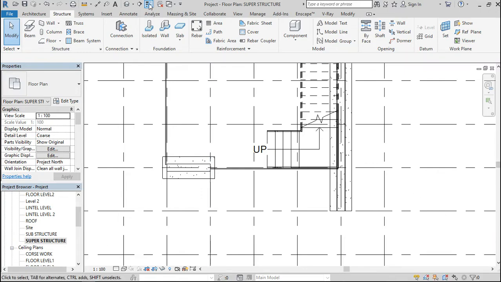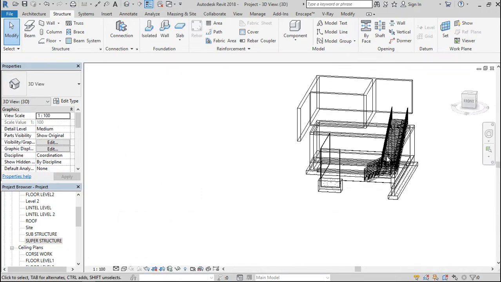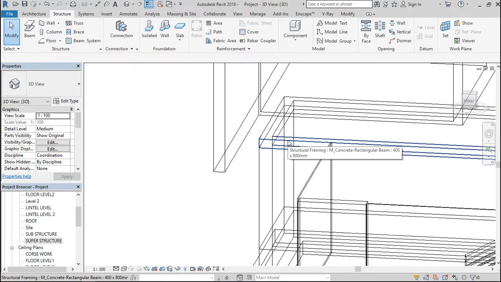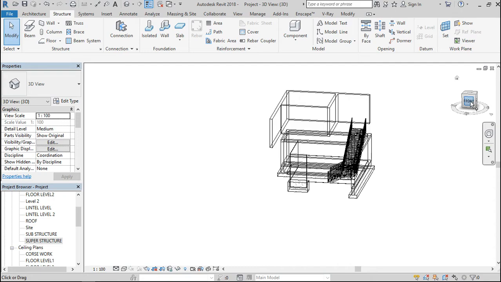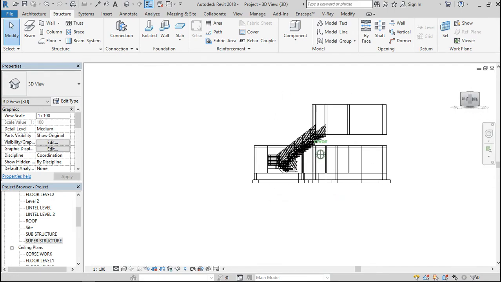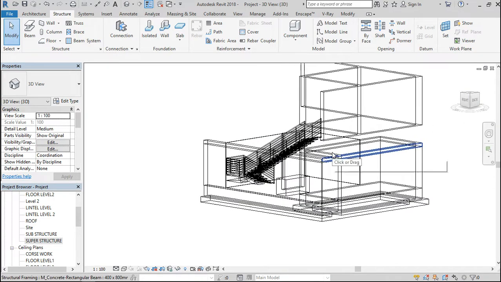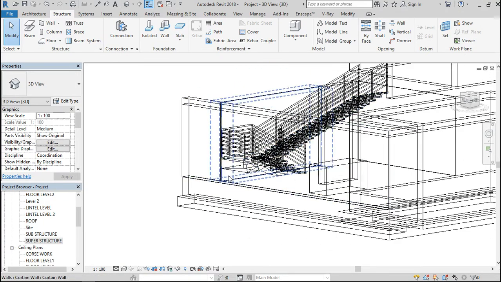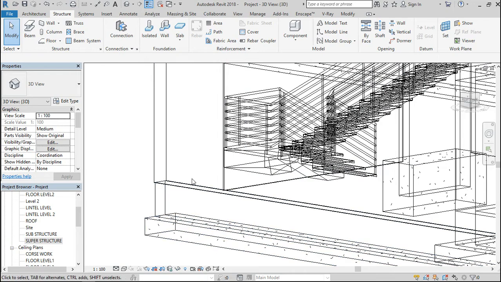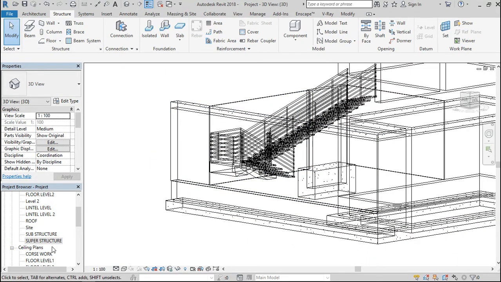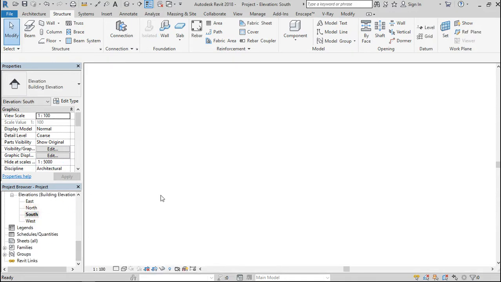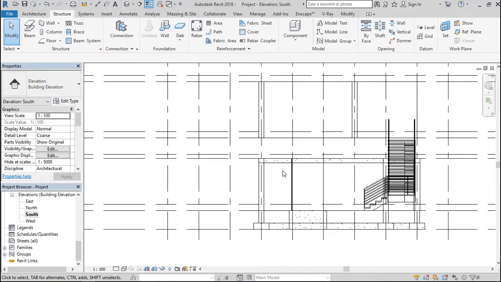Sorry. And now let's see what we have in our 3 dimension. You can see here is our beam. Here is our beam. They are all fitted right on our lintel. Okay, they're sitting right on our lintel level. Yes, okay. So these beams, I forgot there are 2 beams within